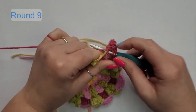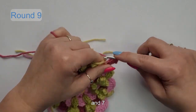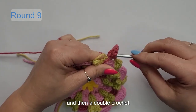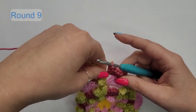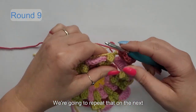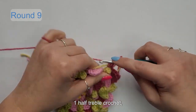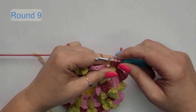five, 6 and 7, and then it's a half double crochet and then a double crochet, and then there's going to be a chain 1. So just move those ends out of the way. We're going to repeat that on the next chain 6 space. So it's a double crochet, 1 half double crochet, 7 treble crochets,